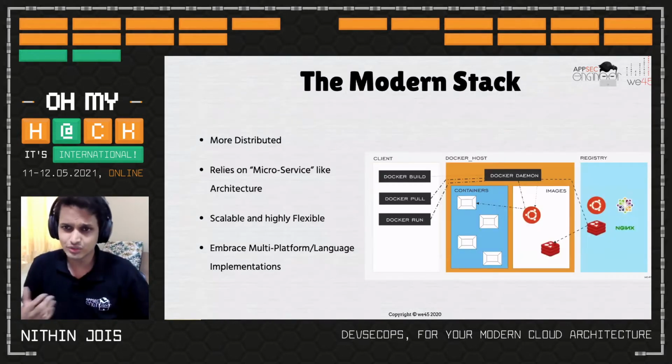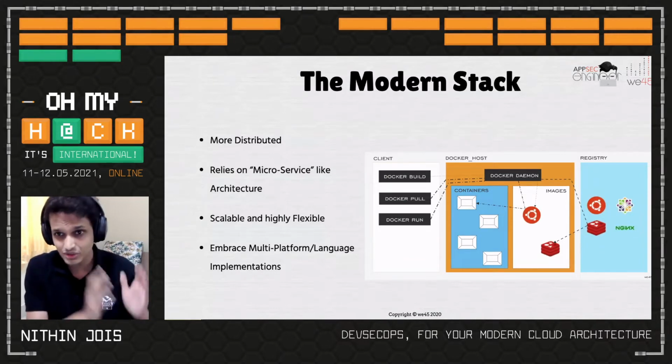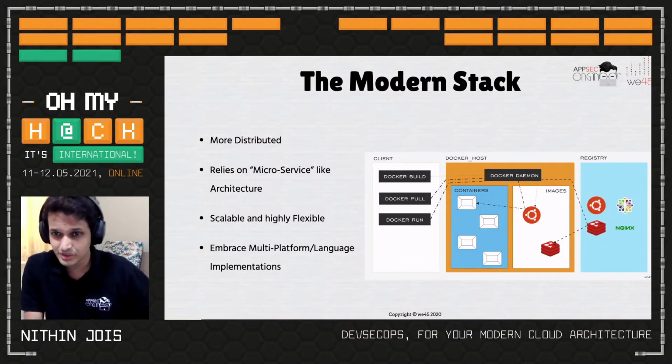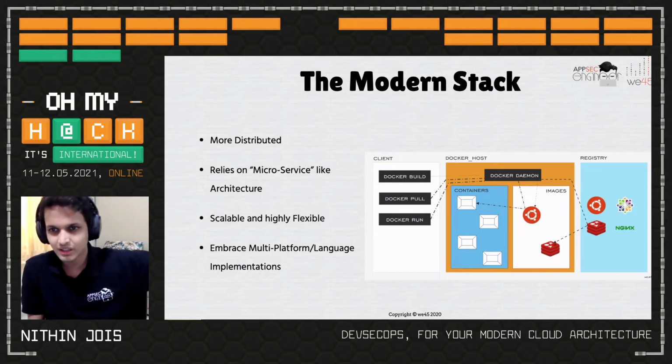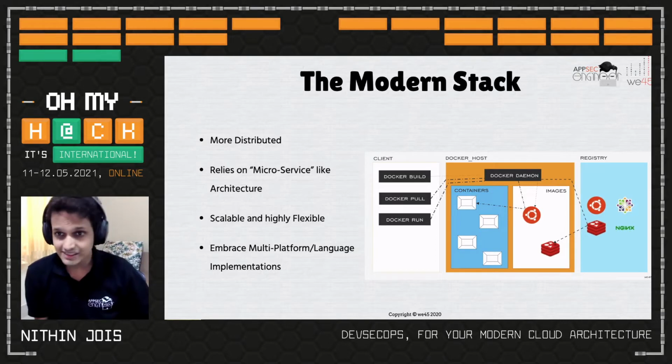So in case folks are wondering what the modern stack is all about, the modern stack these days, at least the way I see it, is a lot more distributed. Previously it used to be on one server or a couple of servers with probably an HAProxy or some load balancer somewhere that managed the entire application. These days, however, you have